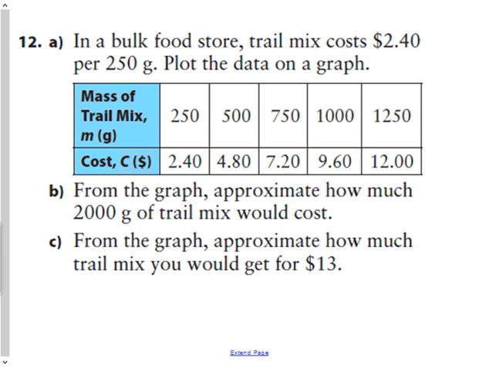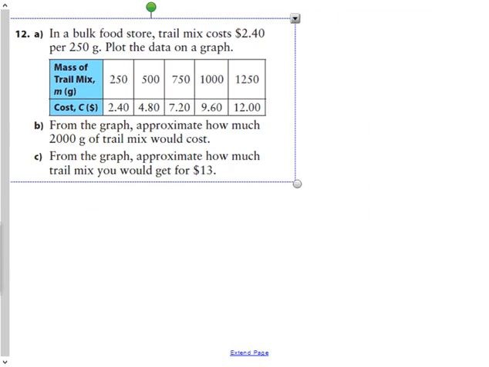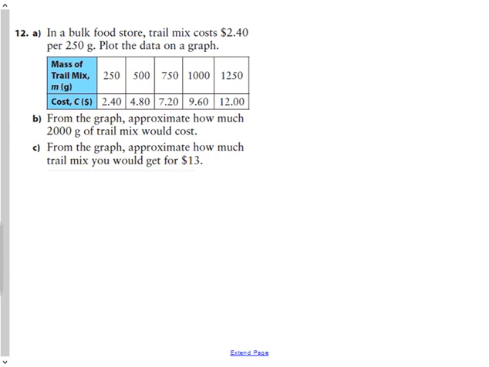Question 12, in a bulk food store, blah, blah, blah, blah, blah. From the graph, approximate how much it is. So there are 2 ways you can do this. The first way, which asks you to do, is plot it on a graph. So I'm going to take this, shrink it down, and plot my data. Do I have any 1, 2, 3? Not this time. So here, I'm going to make this one the mass,